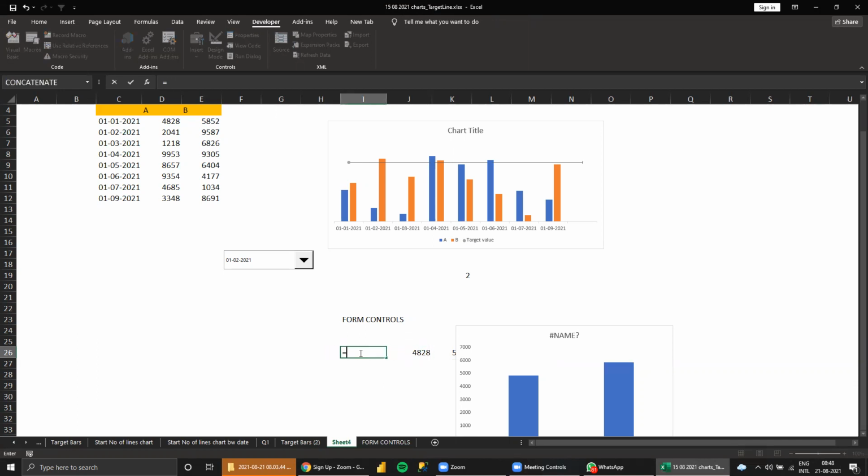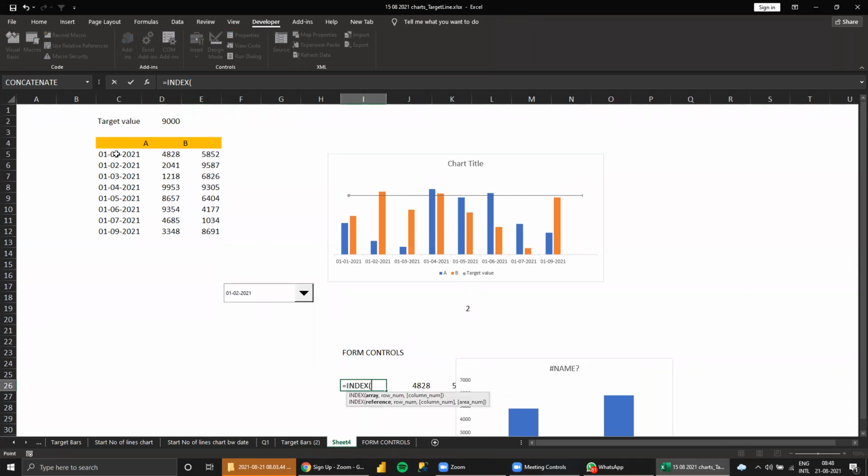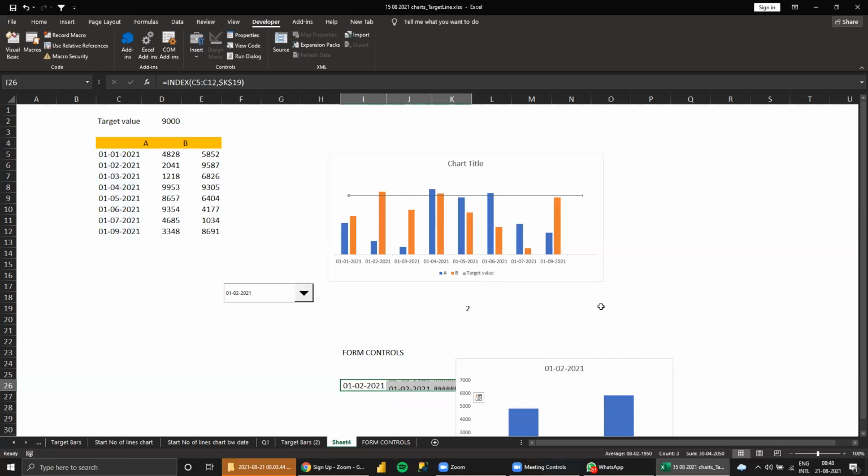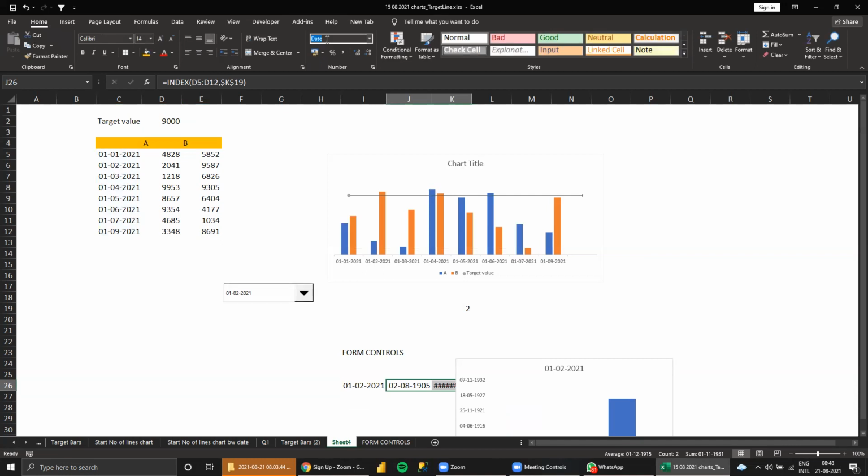What is this, x, so this is right, comma this. This I'll fix. Now I copy this, and I change the format to number.